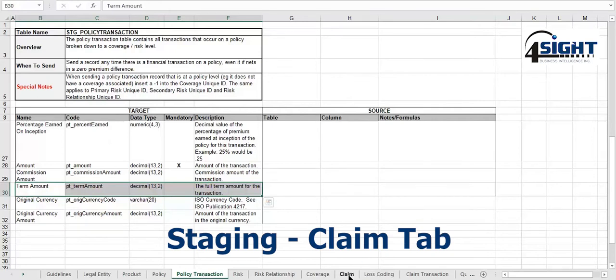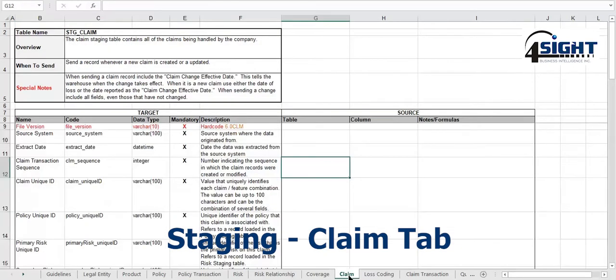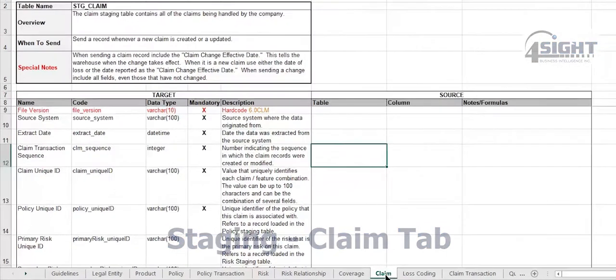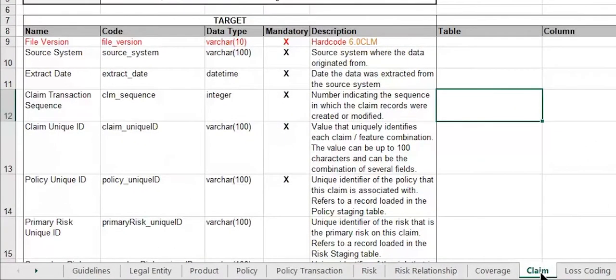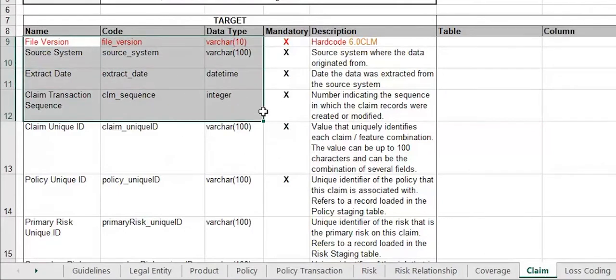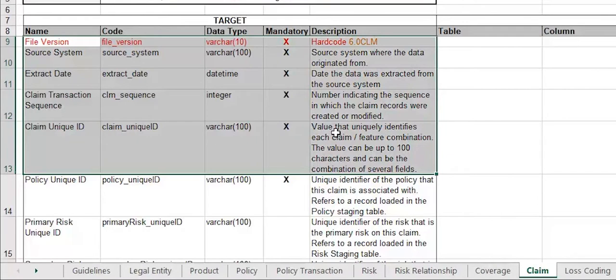Now moving to the Claim tab. The Claim tab is pretty straightforward because it ties back to the Coverage and Risk tabs. Again, at the top we have our same basic information: file version, source system, extract date, claim transaction sequence, and